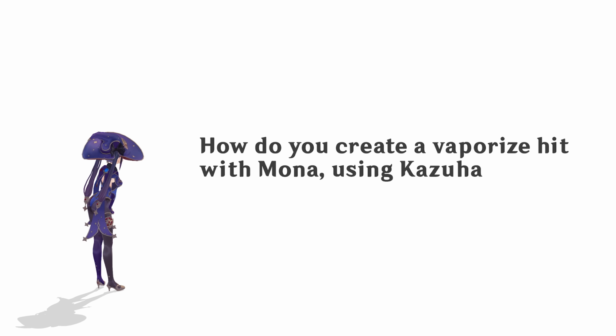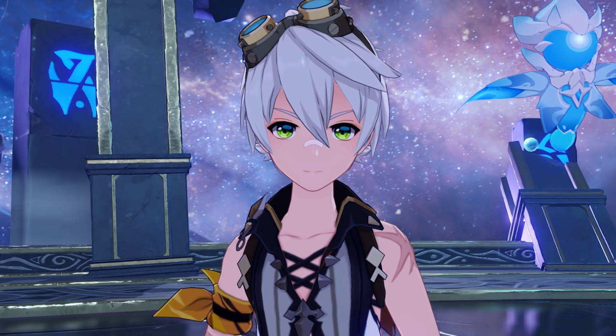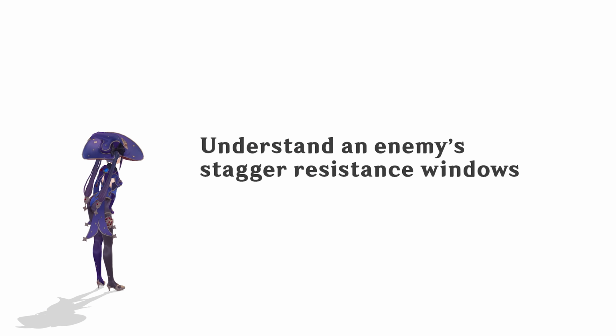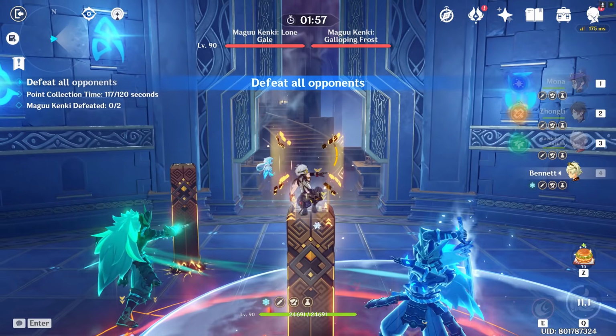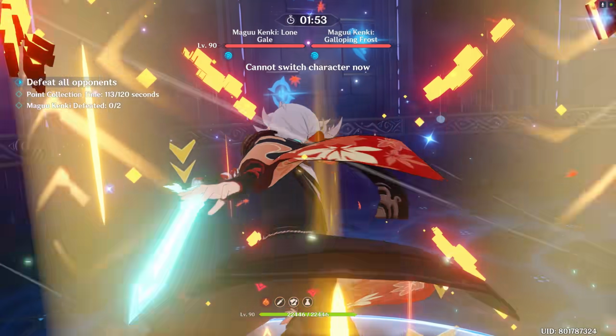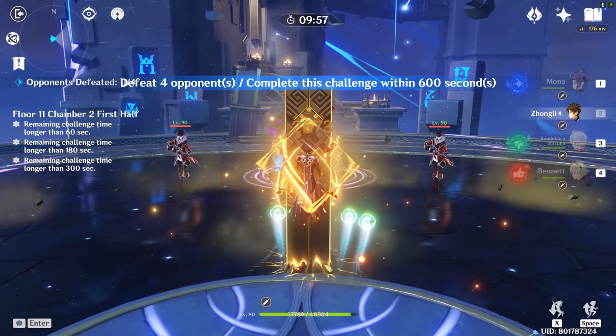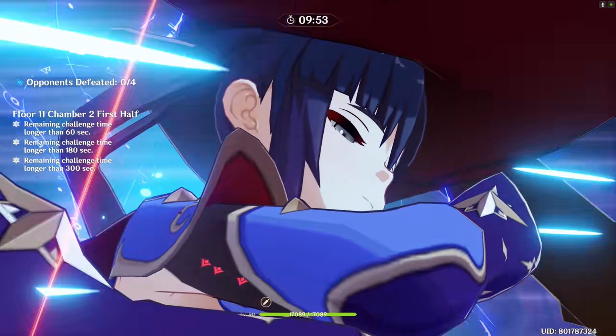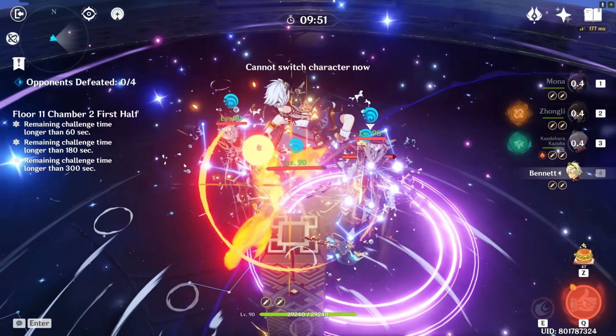How do you create a Vaporize hit with Mona and Kazuha? First off, Bennett is a must. There are basically multiple ways we can do this. So here are the two. First, we need to understand the enemy's stagger resistant windows and use these small windows to set up the Mona Vaporize combo with Kazuha. Second, using Zhongli or Albedo for elevation, we can essentially use Kazuha to vaporize multiple enemies